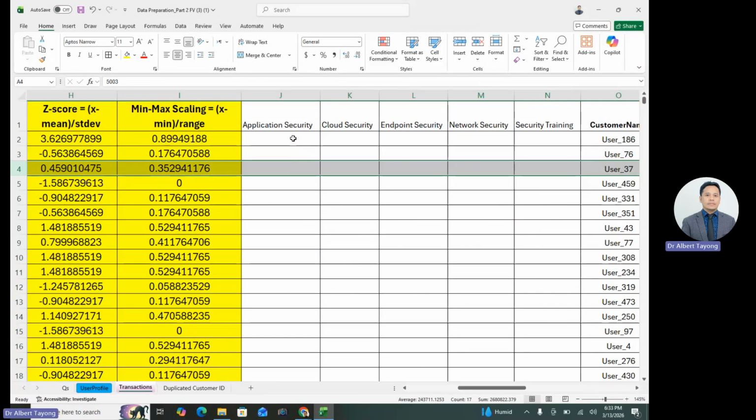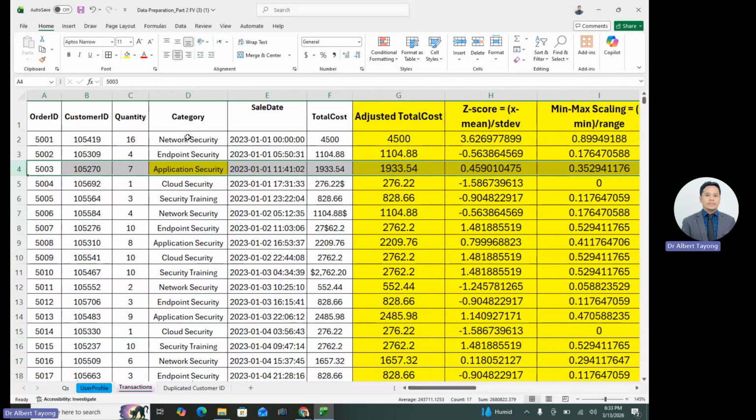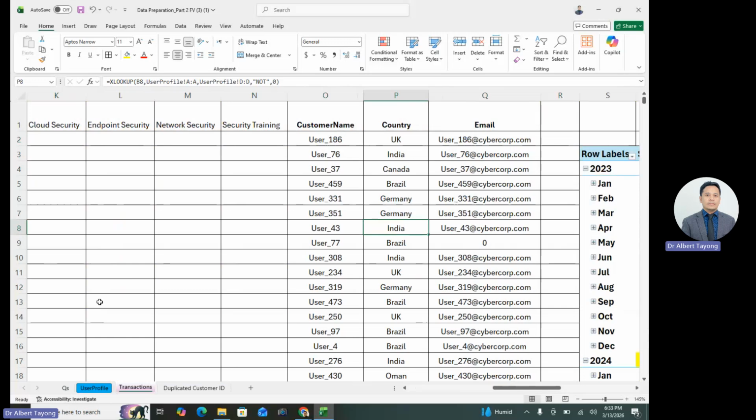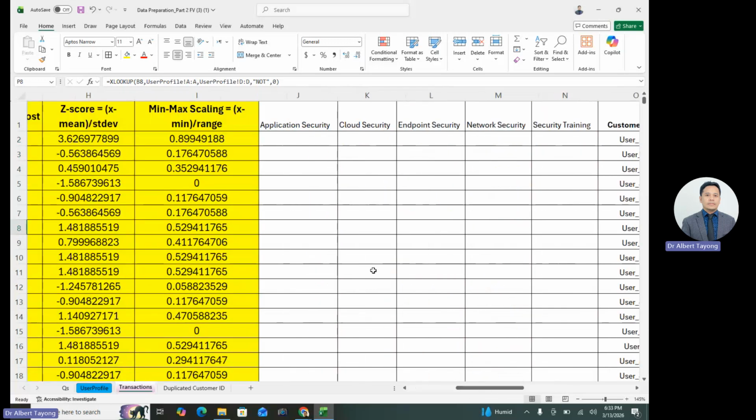This first 2 rows should be 0 because these are not application security. These are network and endpoint security. So how to do that? And this is how machine learning actually reads your data. Okay, 1, 0. So equals